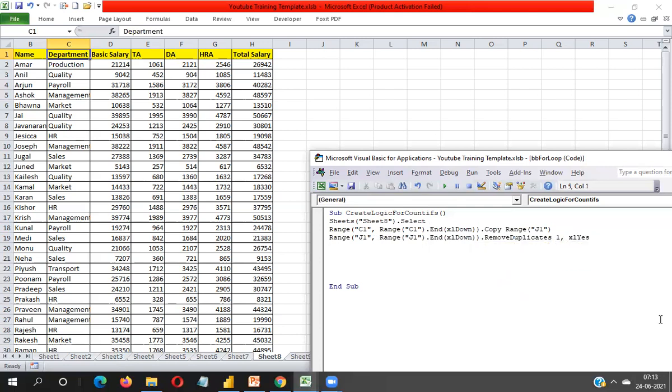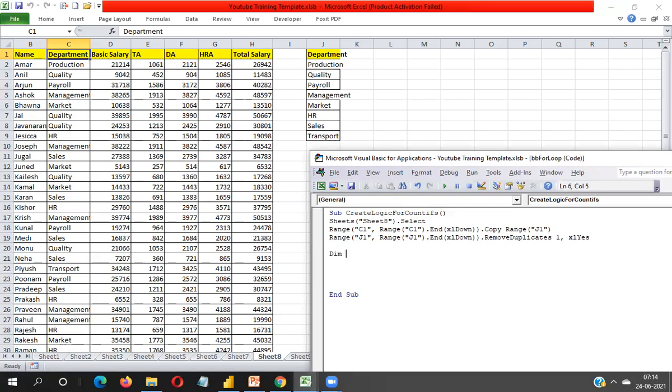Now you can see the output of this code. You can see that I'm removing duplicate values. So how much data do we have? Rows 2 to 9. So I have to execute two loops. The first loop will execute on column J, and the second loop will execute on column C. So I will have to declare variables.